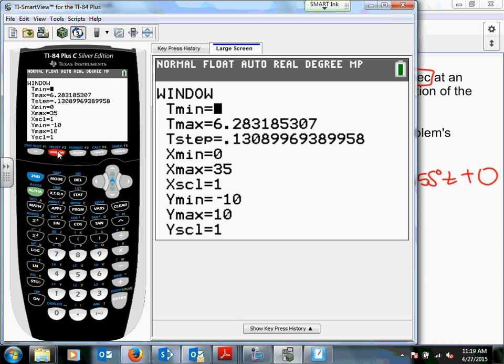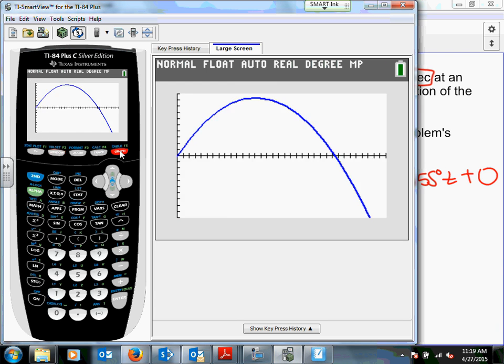If this number is too big, then you won't get a smooth curve. So if you are ever messing with the window and you don't think it looks right, go back to your T step and make sure that it's around 0.1 something. All right. So now,